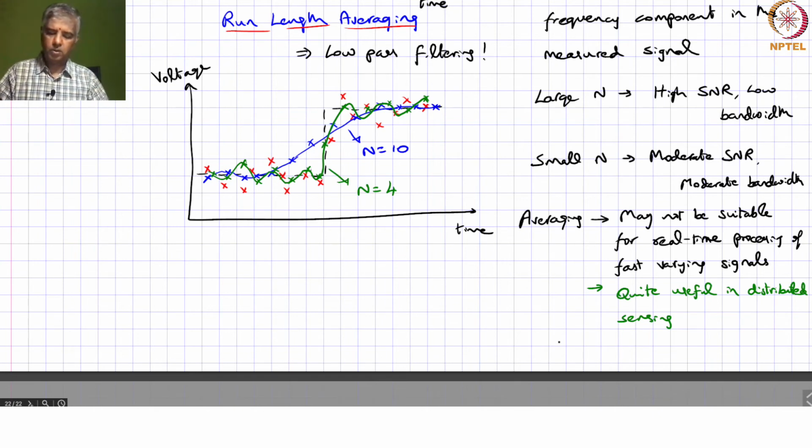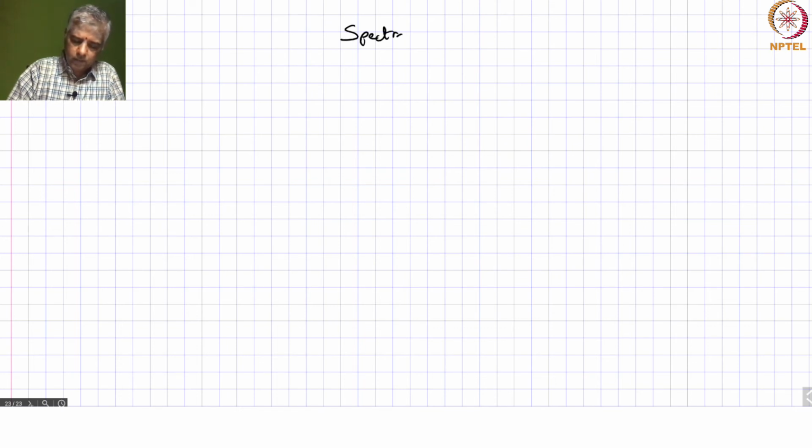realize basically. So, when you use averaging is when you can afford to actually make multiple measurements and improve your signal to noise ratio through that. So, that is about averaging. So, now let us go on to looking at another tool that may be available to you as far as improving your signal to noise ratio is concerned. And that tool is spectral filtering,